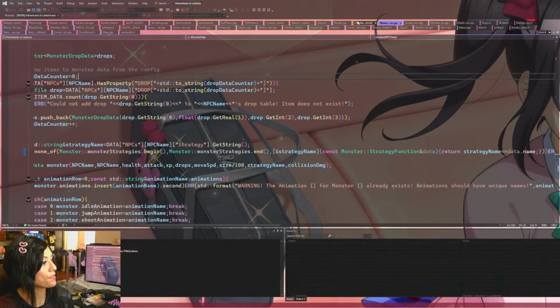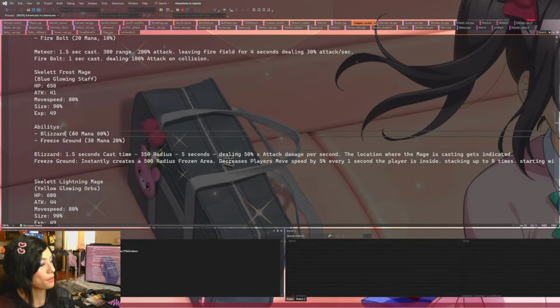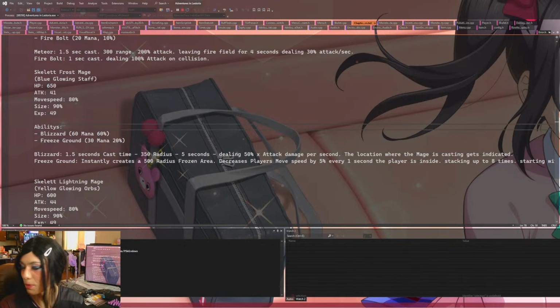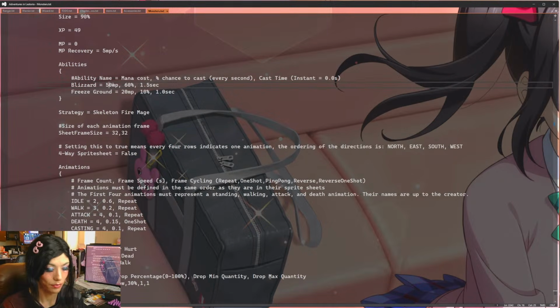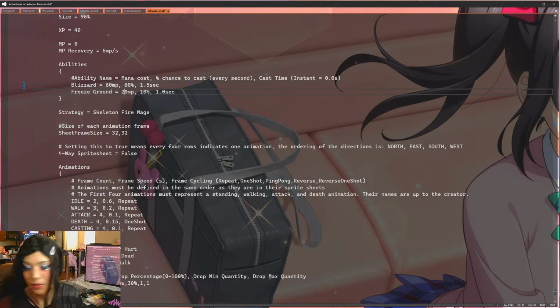I don't think the 60% is right. It's supposed to be 60 mana cost, 60% of the time. With a 1.5 second cast time, and the freeze ground is supposed to be 30 mana with a 20% chance of casting, and it takes... Oh, it's instant. Okay.